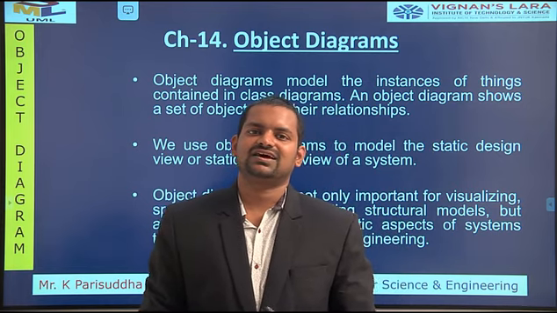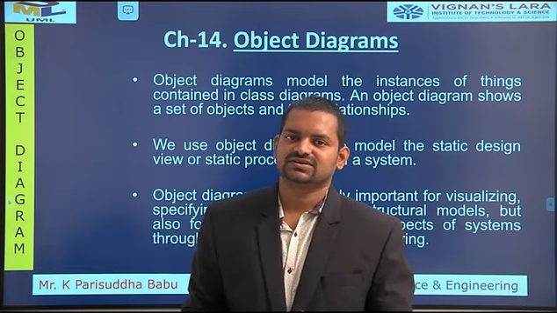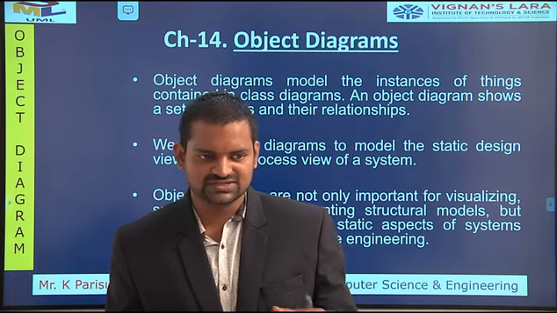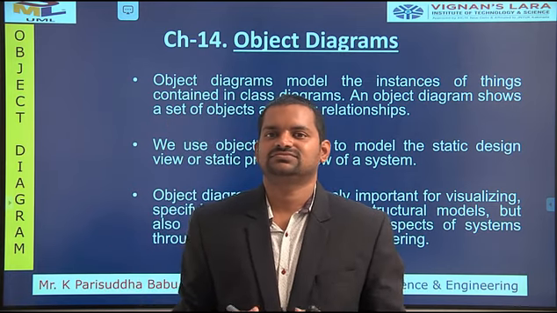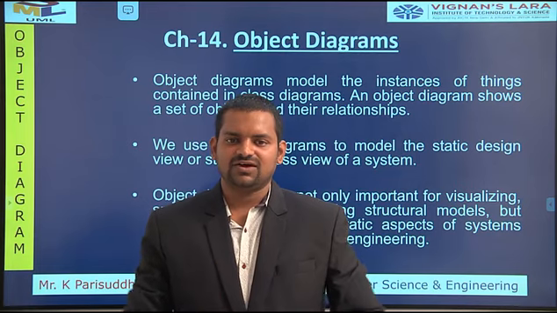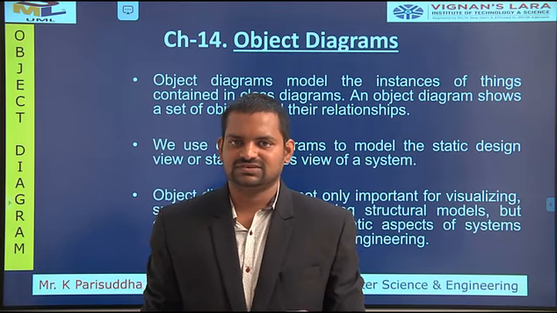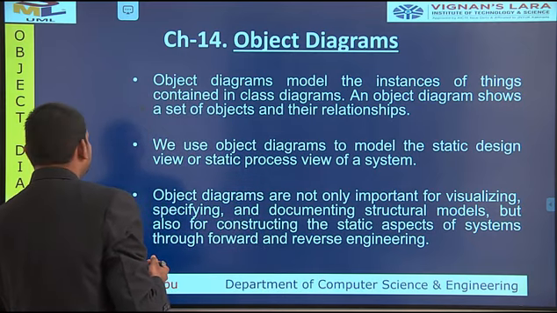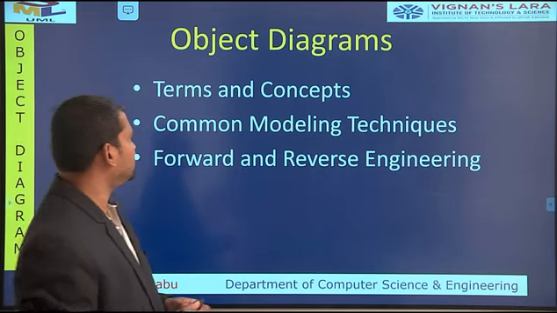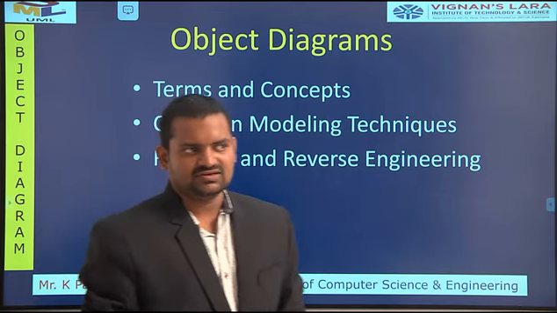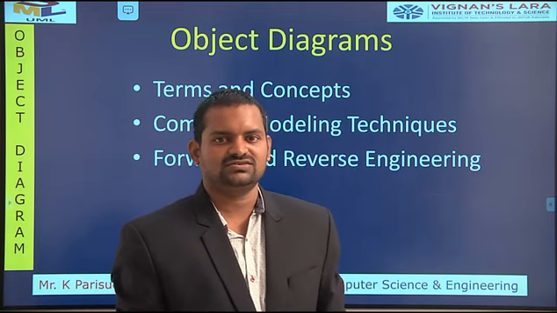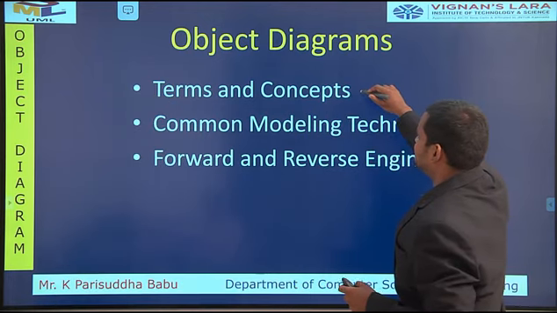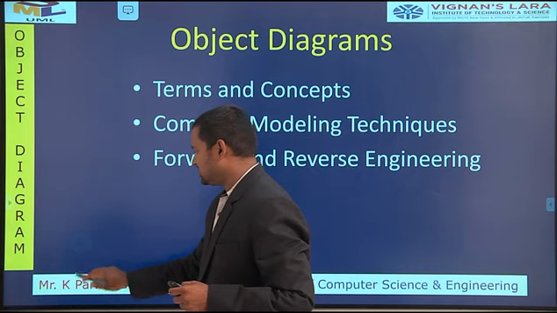And the next one, the last one in Unit 3, is the object diagram. What is that? Now we will see what an object diagram is, what an object diagram can have, and how we create an object diagram. An object diagram contains different kinds of terms and concepts. What are the concepts we are going to learn? That is completely available with the terms and concepts.